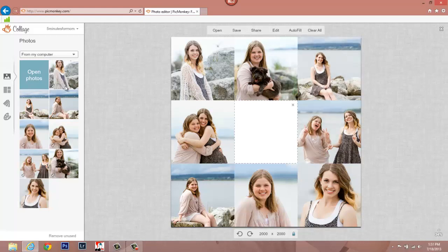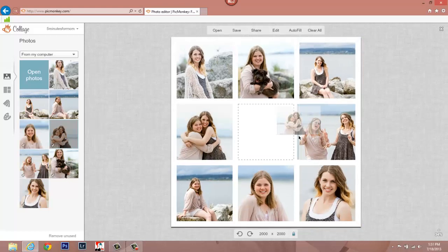Now you can see I have an empty square here. You might be wondering what I'm doing about that. Well, for this collage, I'm using it to make a design for my post. So what I'm going to do is I want some text in here, and I want to put something behind there to make something funky for my text to sit on. So I'm going to grab an image from over here that has some sky. There we go. I'm going to pull this over,